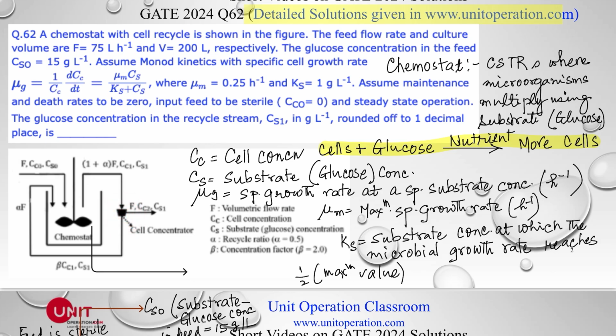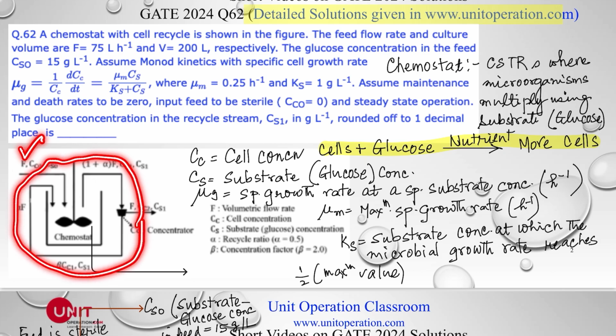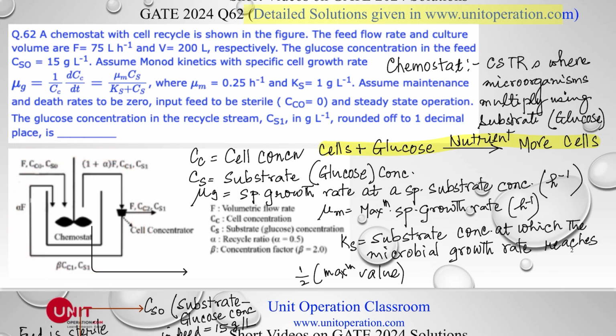In the cell concentrator, there is a differentiation in the cells, and of course, if a stream is continuously taken out from the cell concentrator, whose flow rate, at steady state, will remain the same as the inlet flow rate, because the inlet flow rate must be the outlet flow rate. This is the concentration of the cells in the outlet stream, and this is the concentration of the substrate in the outlet stream, and part of that flow rate is taken out and put back, because this contains some important cells which get acclimatized with this particular substrate, which is glucose. So always there is a recycle